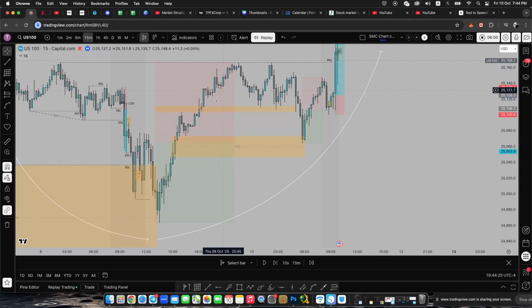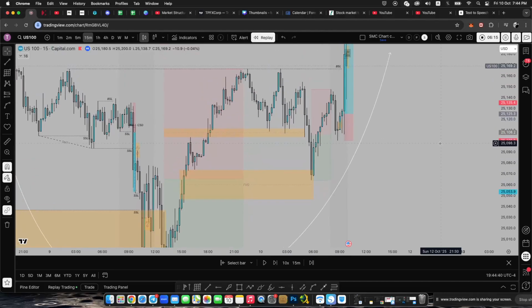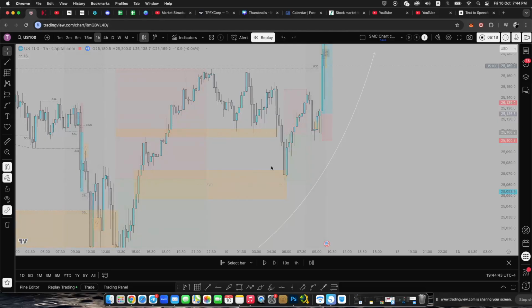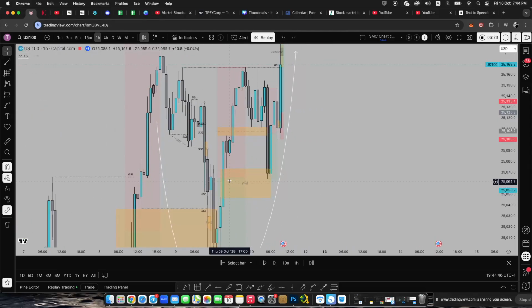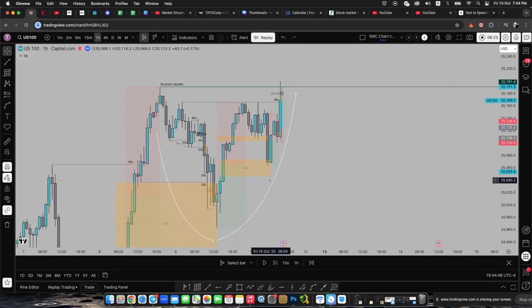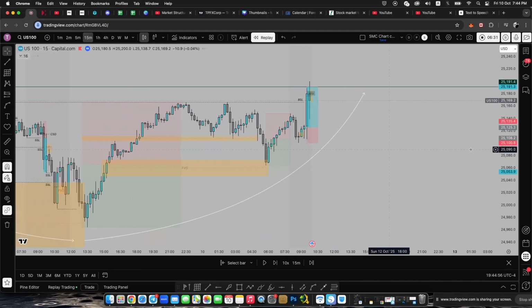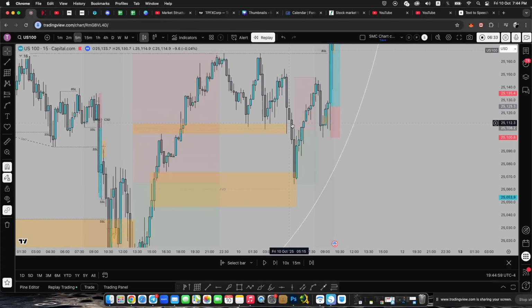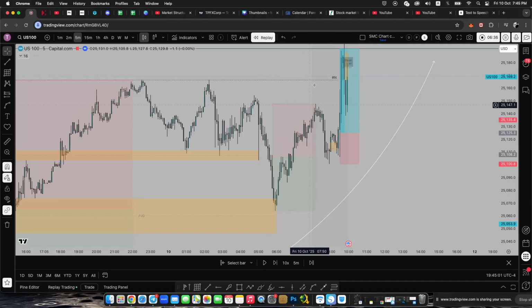So after this impulse, you can use the Fibonacci as well, or the Gantt box, whatever, just to identify where the midpoint is, right? Midpoint, which is somewhere here. Discount. So notice that price did actually go low right here and tapped this higher time frame fair value gap. Plus, it also entered in discount, right? So after tapping discount, notice a big reaction to the upside, right? You see the strong reaction already happening to the upside, right?